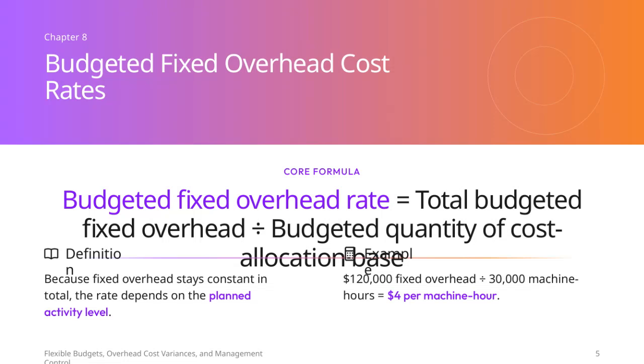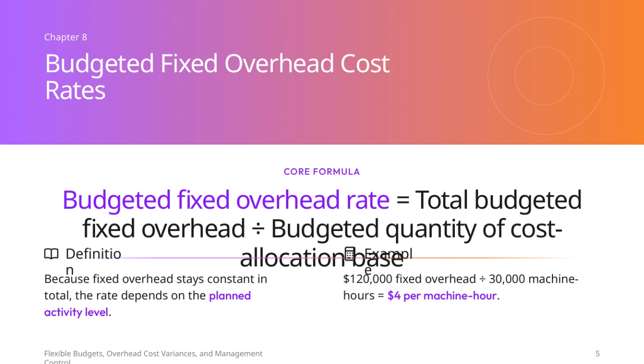Here, we're looking at the core formula for calculating the budgeted fixed overhead rate. The formula is simple: you take the total budgeted fixed overhead and divide it by the budgeted quantity of the cost allocation base. Since fixed overhead costs remain constant in total regardless of activity level, the rate itself depends on the planned level of activity. For example, if we have $120,000 in fixed overhead and 30,000 machine hours budgeted, the rate would be $4 per machine hour. This rate is crucial for preparing flexible budgets and analyzing overhead cost variances, which are important for effective